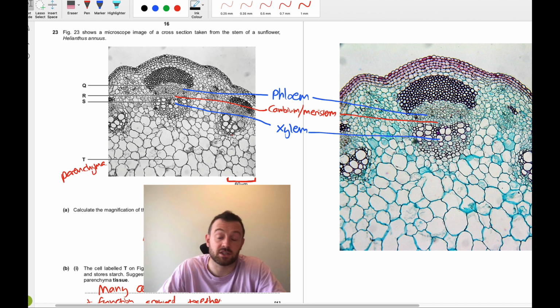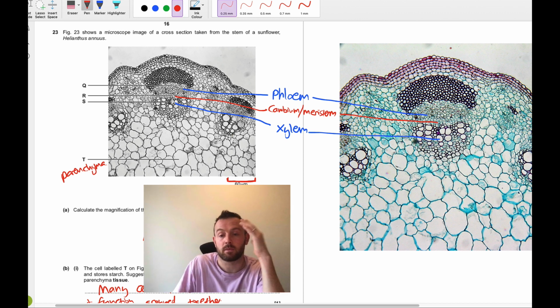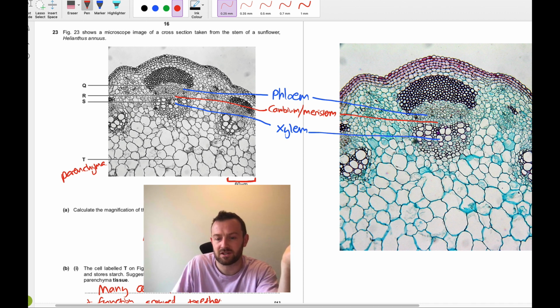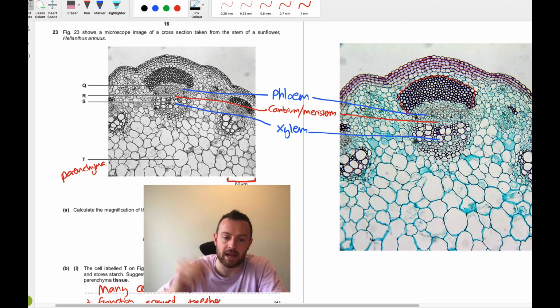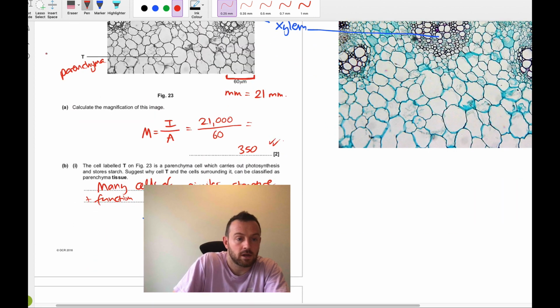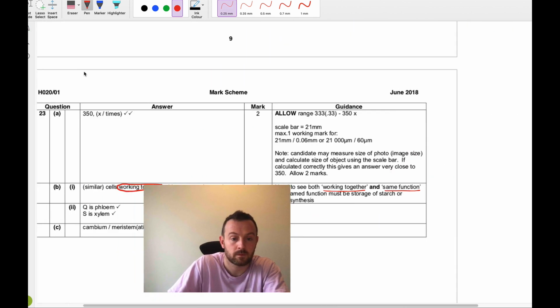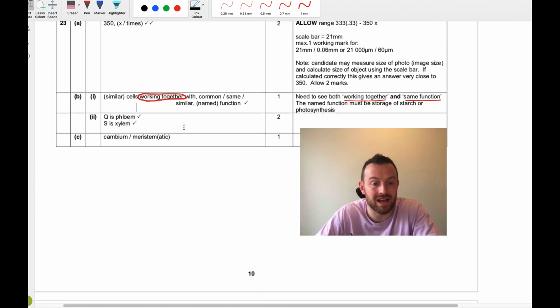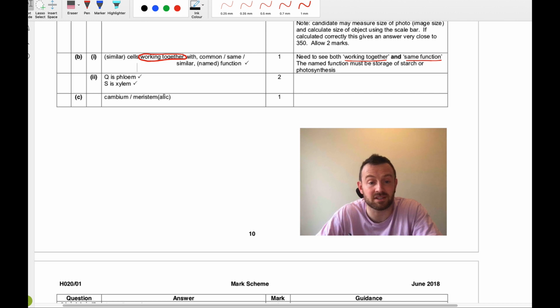So the way to remember it is when you're going from the outside in on the vascular bundle, once you get into the vascular bundle, first there's this layer of packing cells here. Can I remember what it's called? I'm not even sure if I can. It might be called sclerenchyma. I don't think you need to know that. It's basically packing cells to protect the vascular bundle as well, I guess. Then you have the phloem, then the cambium sits between the phloem and the xylem. The xylem is the most inner layer. Okay, so Q, S, let's just look at the mark scheme. So yeah, Q, phloem, S, xylem, and R is either cambium or meristem or meristematic tissue.